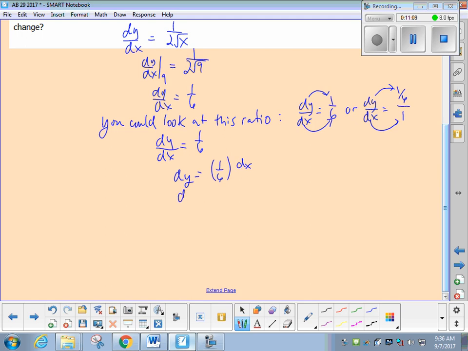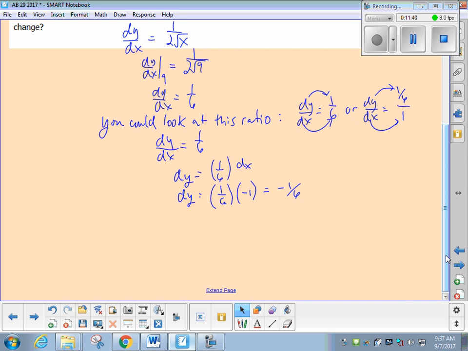So for this problem, the rate of change at that point is 1/6. I'm changing x by -1 because of the decrease, and so y would change by -1/6. Now again, that's my expectation if it stayed the same everywhere. But this is a curve, so it probably won't stay that same rate of change, and I might be a little off, but it's a good estimate. Are you with me so far?